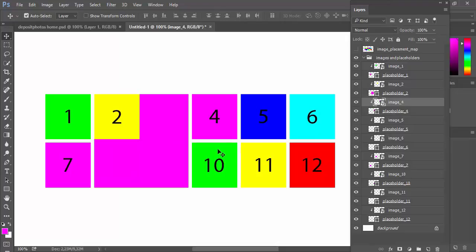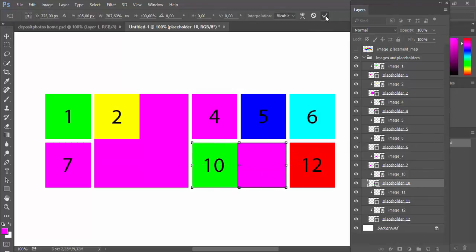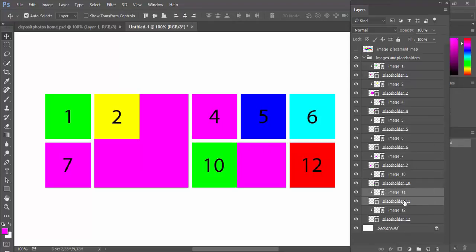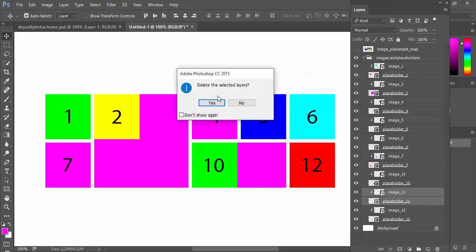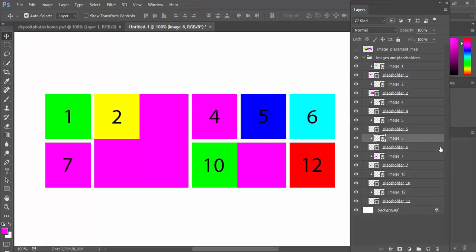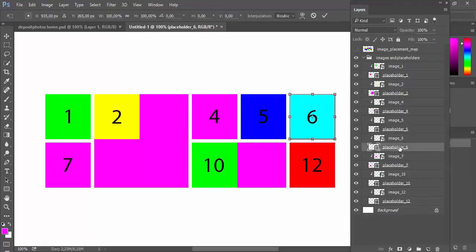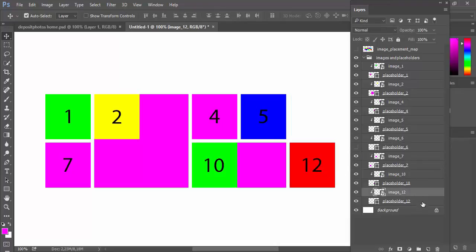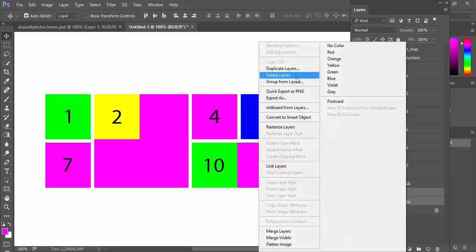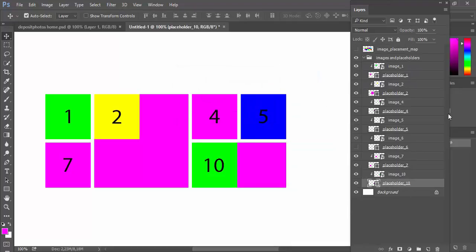What else do we have? It's merging 10 and 11. Now I will select placeholder 10, enlarge it, and then simply delete image and placeholder 11 because I don't need them. Now I will select placeholder 6, enlarge only the placeholder layer, and then I can delete image 12 and placeholder 12. Okay,